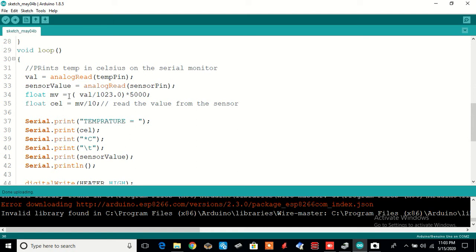Similarly, I am also reading my LDR value, and one has to do a slight calibration, because the sensors always give a voltage between 0 to either 3.3 or 5 volts, but we need to convert this voltage into its equivalent units, maybe degrees centigrade or Fahrenheit, or maybe it is pressure, humidity, displacement, or speed.